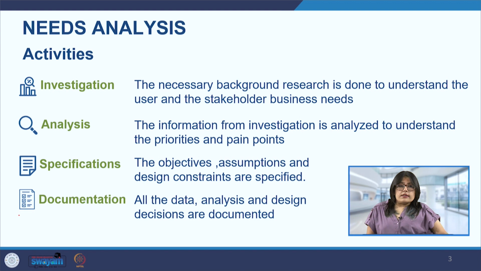Now, the next is the specifications, where the objectives are listed out. So we are collating this into defining and coming up with objectives. We are creating the assumptions, and design constraints are specified here. We have certain assumptions and any kind of constraints, whether monetary, practical, or any other. All of those have to be listed, because we have to see whether the problem we have come up with is feasible to carry forward or not.